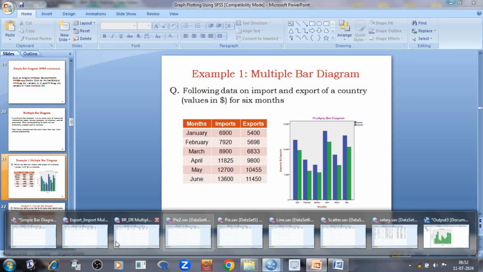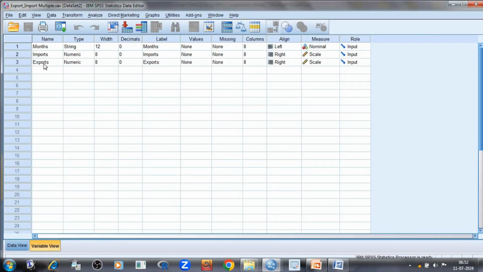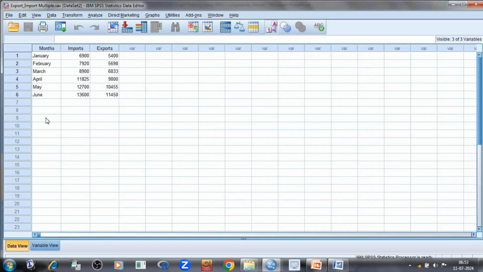Now I'm going to open my data set for multiple bar diagram, imports and exports. Okay, so this is my data set. This is the variable view window for imports and exports. That means for multiple bar diagram, this is the data set. For 6 months, imports and exports of a country are given. Just click on Graphs, Chart Builder,